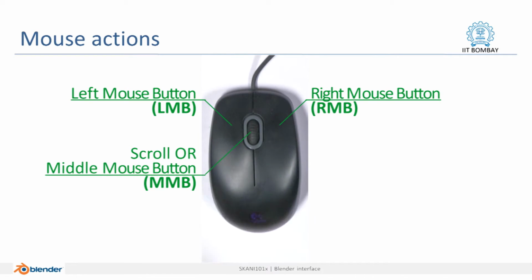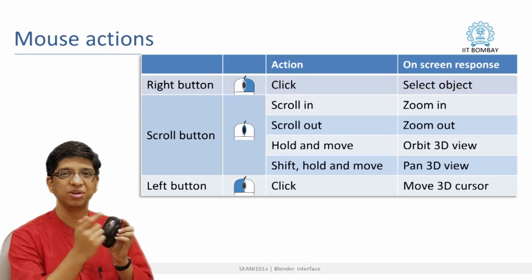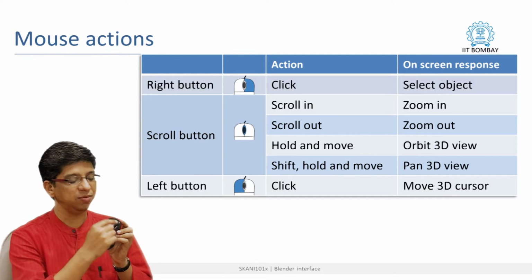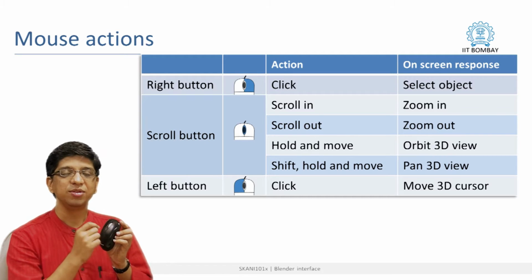your websites. Particular software what we are talking, Blender, uses right mouse button to select the object. This is pretty unusual because in most of the softwares you use the left button to select the object, but there is a specific reason why Blender creators have chosen the right mouse button. We will go into detail later on probably, but to tell you that if you have to select any object, click on this button and that will select the object.